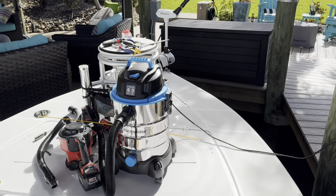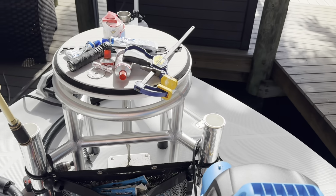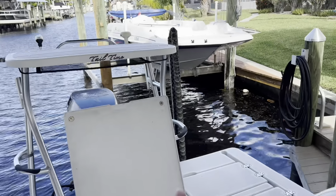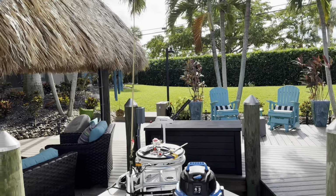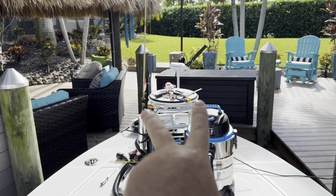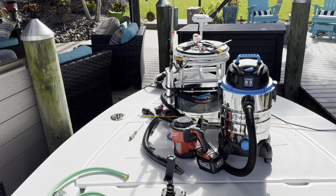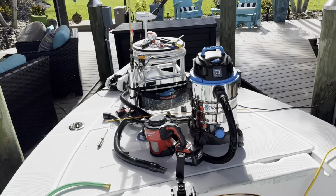Fast forward to the front here, and I use these 2 for chunk bait off the bow. So put the power pole down, power pole's right there, and send chunk bait off the front, or shrimp or whatever, and I can do 2 lines, and I'd really like to do 4 lines. So I had the great idea to put 2 rod holders in the deck, in the bow. Well,